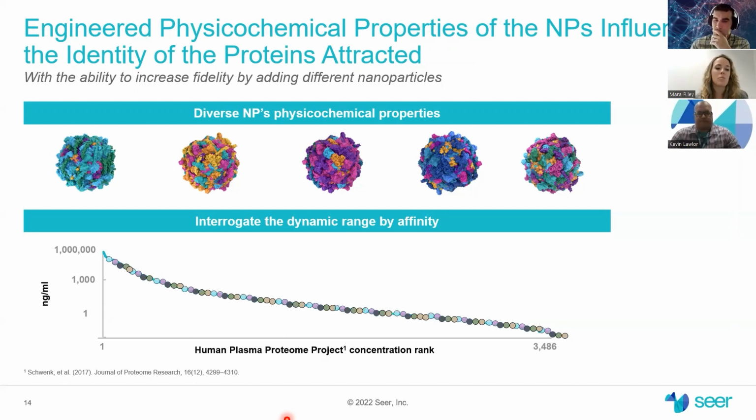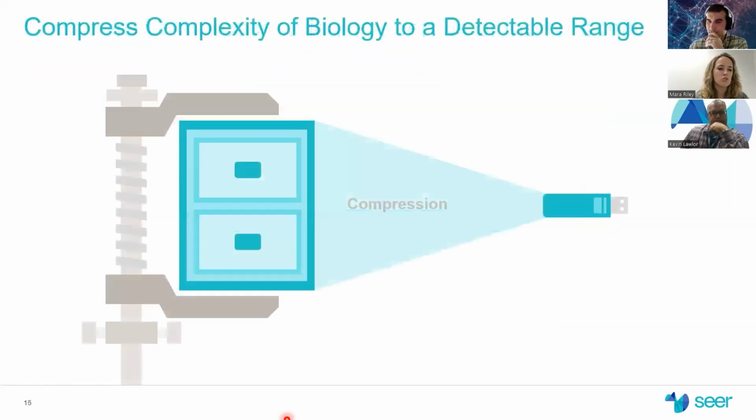So by using a panel of these chemically diverse nanoparticles, we can broadly interrogate across, again, the entire dynamic range of proteins and the biological sample with a high degree of precision. So now we can cover that whole dynamic range of the proteome, but that doesn't really solve the issue of when you think about the mass spec and being able to see all of that data. So I like to use this simplified